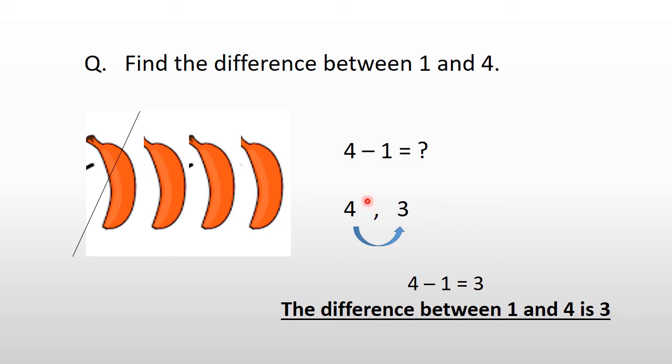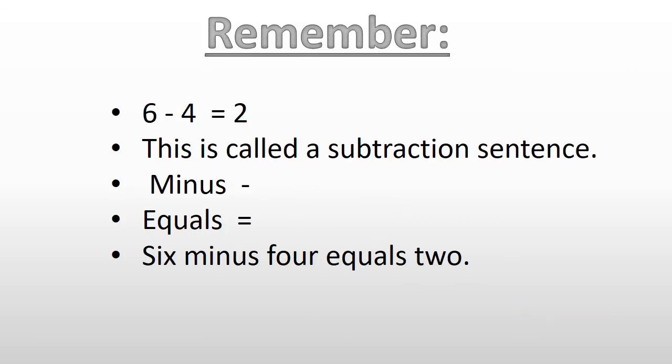So what did I actually do? How many steps did I count back? I counted back 1 step. From 4, you move back to 3. My answer is 3 because I was supposed to do 4 minus 1. So how many steps would I move back? 1 step. I would close 1 finger. That means I would move back 1 step. If you were closing 2 fingers, you would move back 2 steps. If you were closing 3 fingers, you would move back 3 steps.